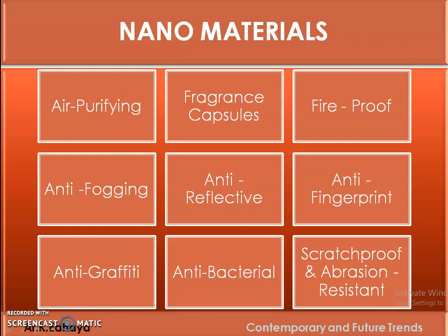When you have a lot of glass in your building, when you have a reflective surface on your exterior, you will have a lot of reflection happening. So to cut down the reflection and to increase the efficiency of lighting inside, you need anti-reflective coatings. Again, anti-fingerprints. So we have a lot of steel, or metals or any other glass material,